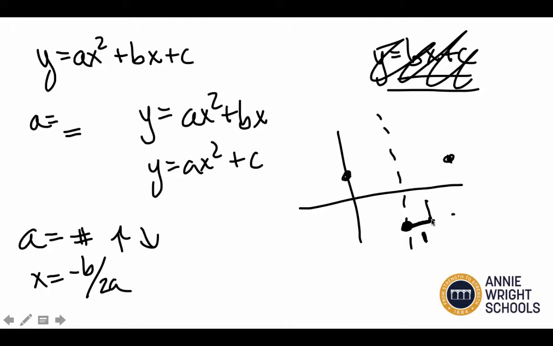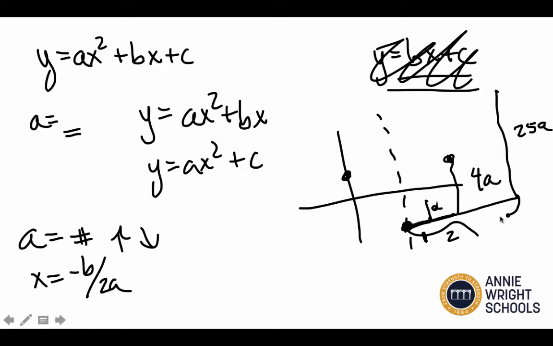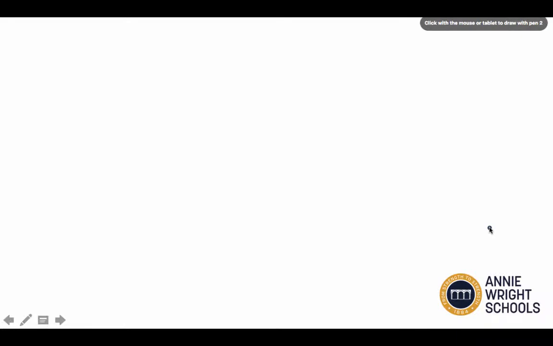So if I go over 1, 1 squared is 1, and 1 times a is a. If I go over 2, I'm going up 4a. If I go over 5, I'm going up 25a, because 5 squared is 25. Good? That will come in handy when we graph our next type of quadratic, and that's a quadratic that looks